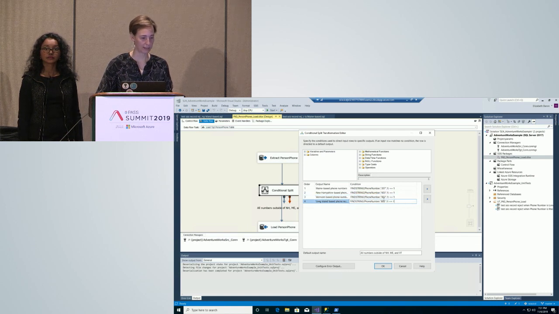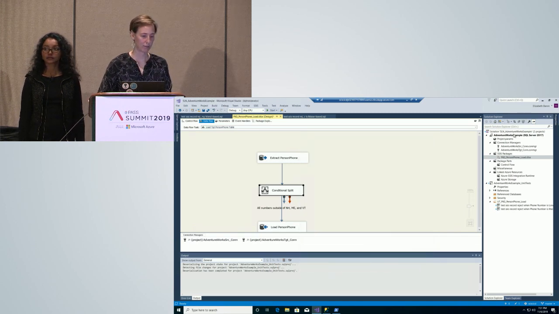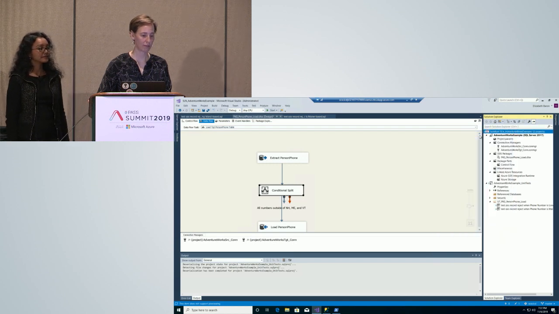Paste. And let's say this should be 516, right? This is the smallest writing ever. All right. I think that looks good. I'm going to say OK. I'm going to build my package. I'm going to build the whole solution. Why not? Let's just build the whole solution. Let's see if this works. Why not?